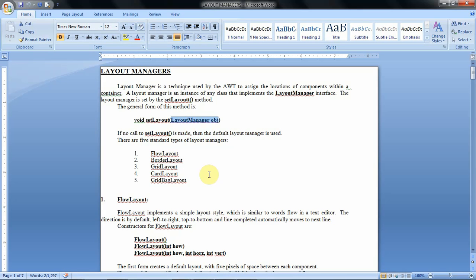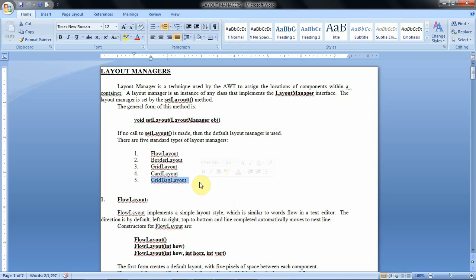So mainly Java AWT supports these 5 basic layout managers. First one is flow layout, then border layout, grid layout, card layout, and grid bag layout manager.